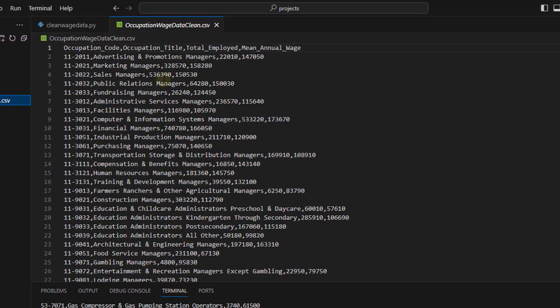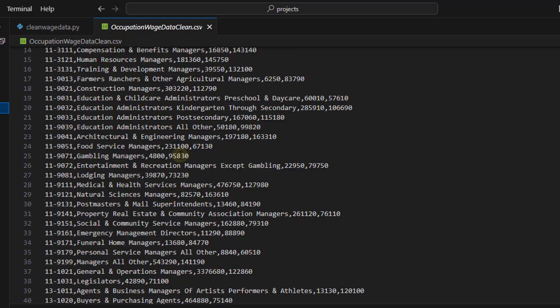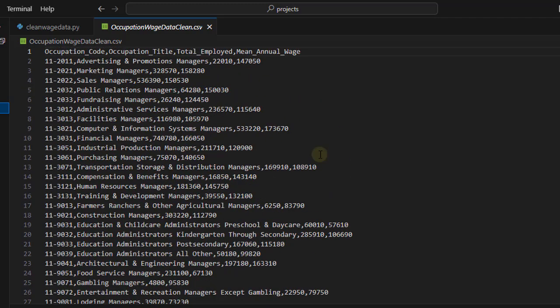Now if we look at our clean data, it looks pretty cleaned up. So we've got essentially the same file we had before, but we've got everything in title case, and we've got rid of all the extra spaces. So now we should be able to work with this data a little bit better, at least a little bit cleaner. So we'll look at processing this file in the next